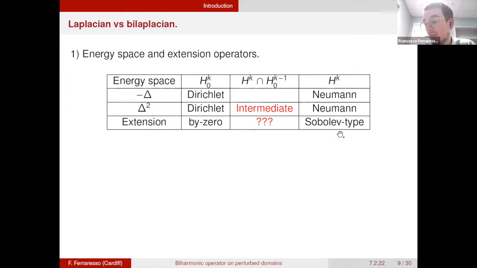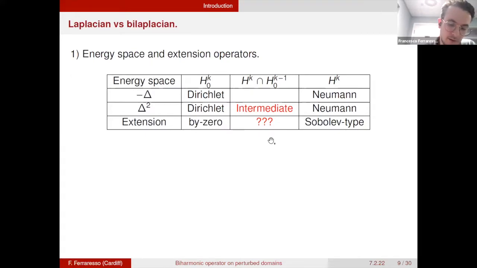Now, if you take instead a function that is, for example, in H2, you can always extend it via a Sobolev type extensor. So you can do an easy reflection type argument on the boundary. You have to be slightly careful because here we are in H2, so you have to do a higher order type of reflection. But this is all well known and you can preserve the regularity. But what about intermediate? If you try to extend by 0, then you will lose the H2 regularity. On the other hand, if you use a standard Sobolev type extensor, then you will lose the vanishing of the traces at the boundary. And a combination of the two will not work either. So you really need to be careful here. And as far as I know, there is not a canonical extensor that preserves this space. So this is a first stark difference, I would say, between